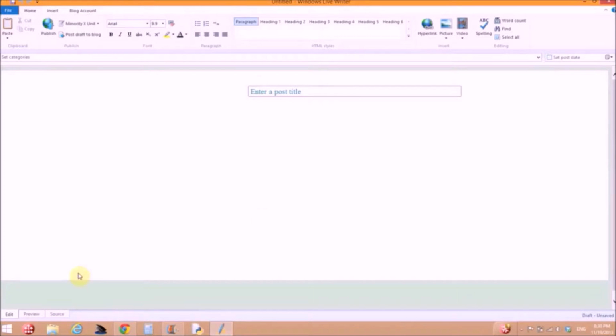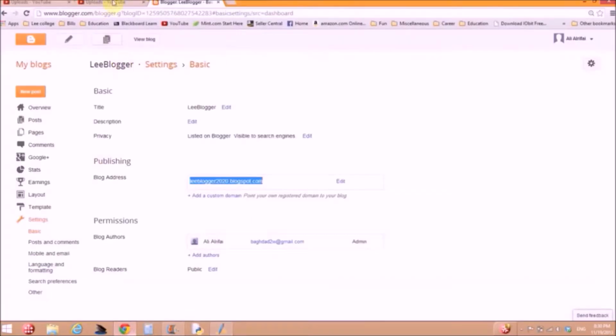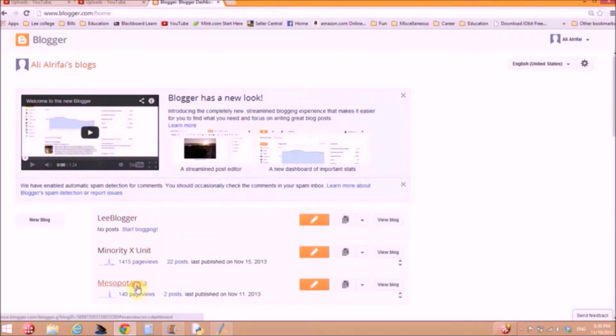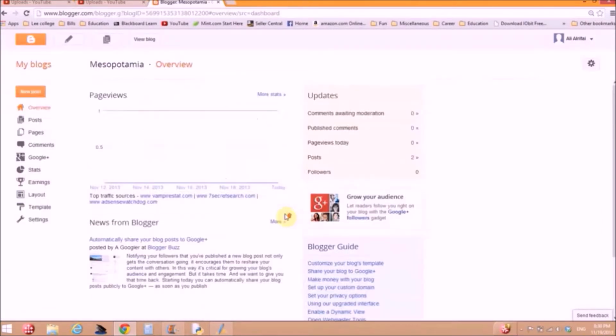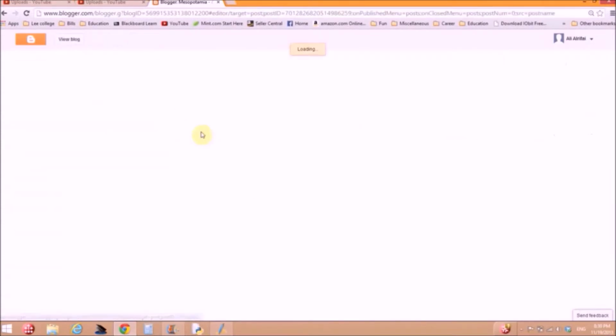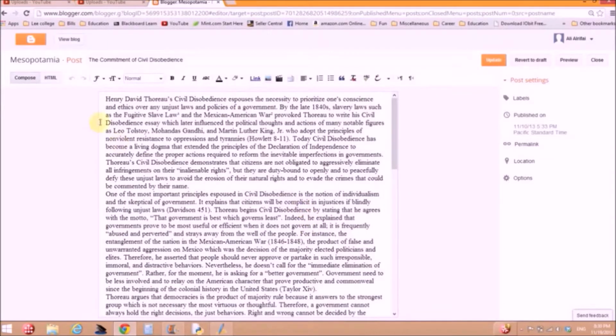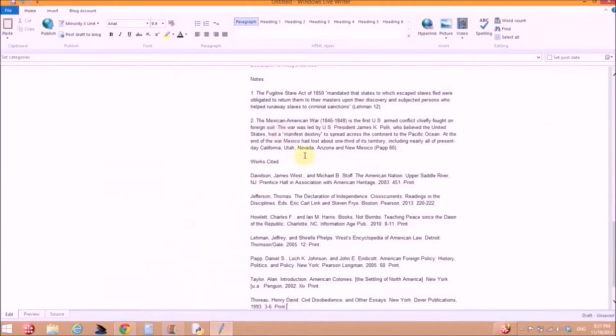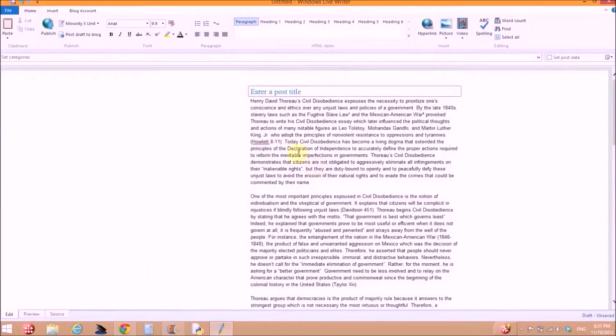First, let's find some text. I'll go back to my blogs. I'll copy some text that I have from an old post here. Okay, you can see here, you can enter the post title. Let's say here,